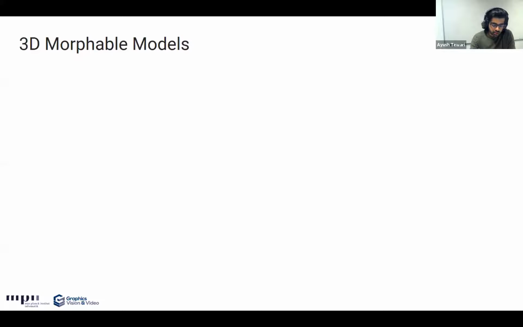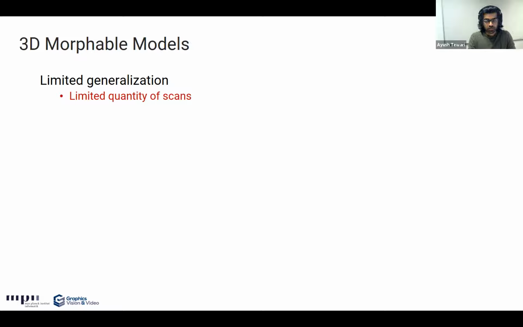One of the issues in these reconstructions, the lack of detail and generalization, is due to the 3D morphable model we used. The 3D morphable model offers limited generalization of the output because it was trained on a very limited quantity of scans. In addition, scanning faces in the wild is difficult because, for example, it's difficult to capture facial hair, and it's difficult to scan makeup. That's why the scans in the dataset are quite limited in terms of their diversity. And this leads to some interesting